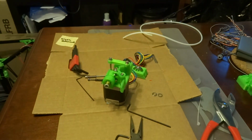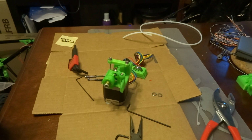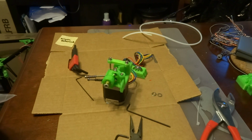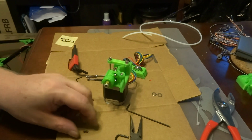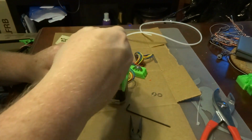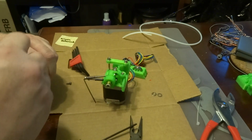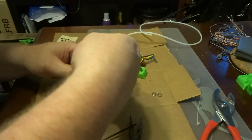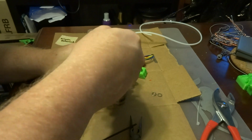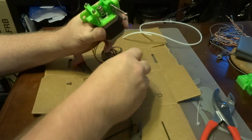Alright, and now we have the fully assembled extruder. I'm going to make one last look for my button head cap screw. So I'll take the socket head cap screw out. I can put the button head cap screw in. Now I can take my idler,